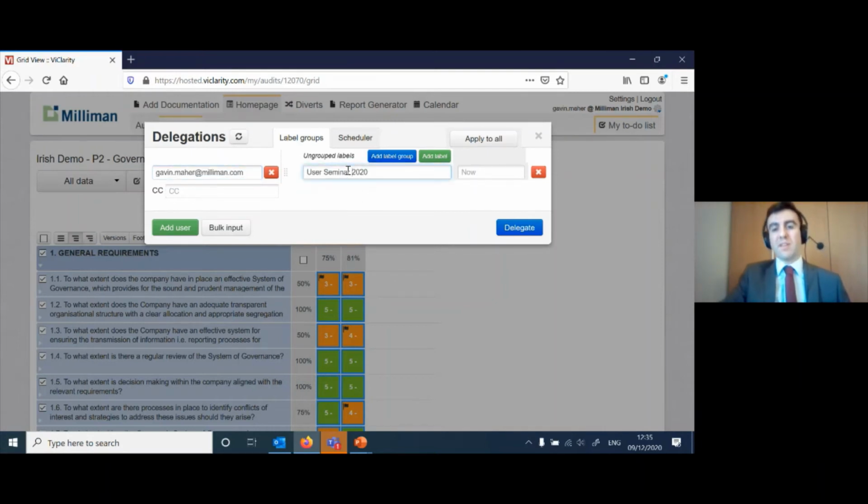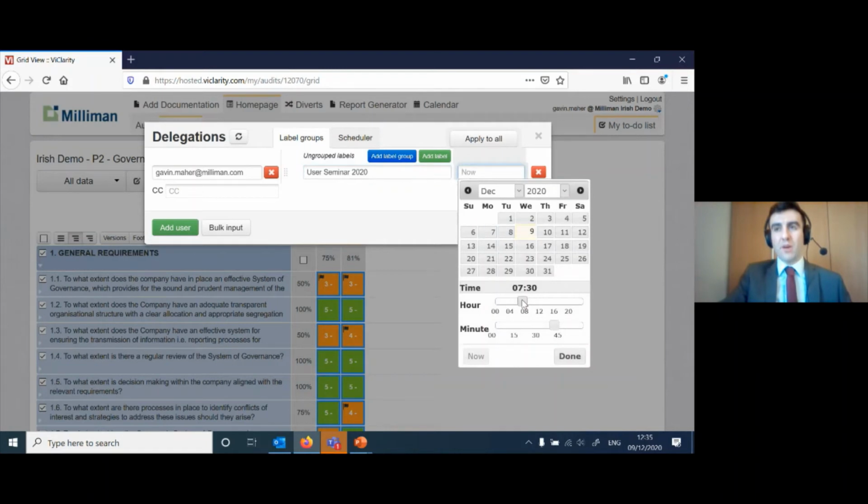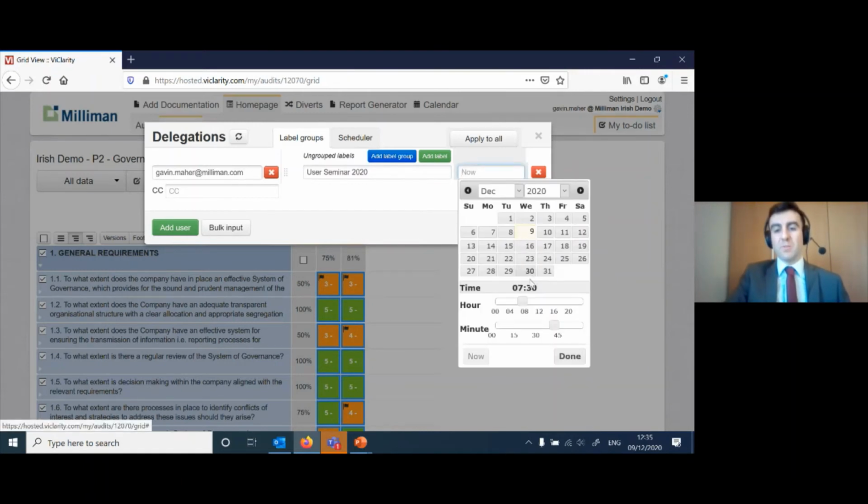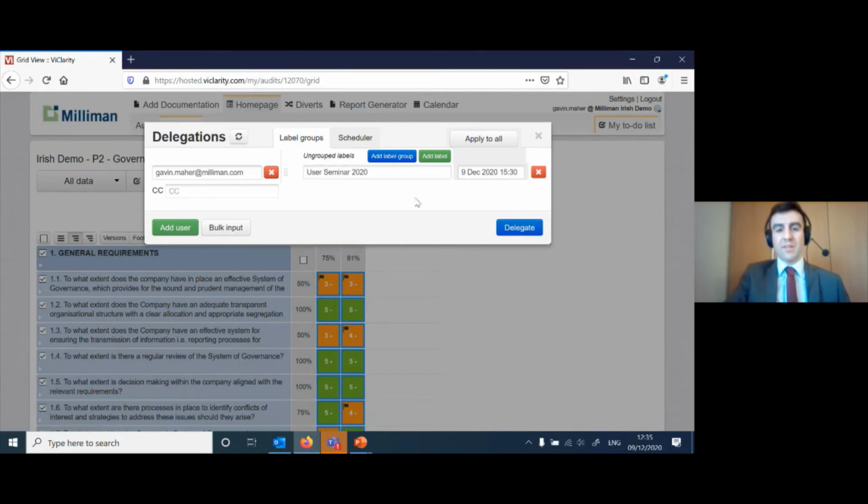So back to this delegation section, we've entered the email in and we have the label here. For example, this could be year-end 2020 when you come around to doing this after Christmas. The time that the email gets sent out is selected here. It's always good to note that if you send this at a time in the future, you're giving yourself more options later down the line where you can clone these delegations. Instead of doing the same delegations again and again, you can clone previous labels. Say we had this user seminar and we wanted to clone what we send out, that function's available once you pick a time in the future. You can do that even if you just pick the same day and change the time to somewhere later on. So if I hit done here, that's all my items filled in.